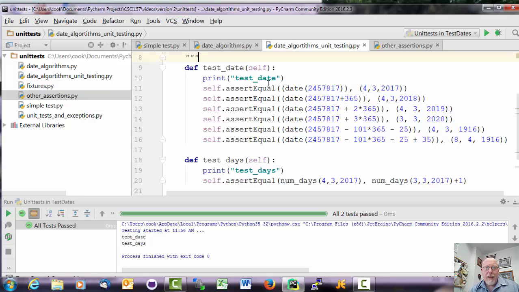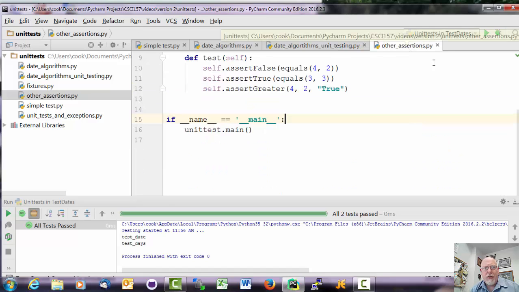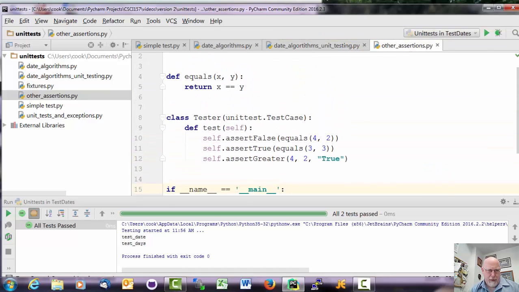Okay, now these all are based on the same kind of test, that you have two things that are equal. It turns out that there are other kinds of tests that you can do, and this is not going to be a comprehensive video on all the kinds of tests that you can do. I think when you see some samples, you'll start to get the idea, but here are some other assertions that you can make. And this is a very basic